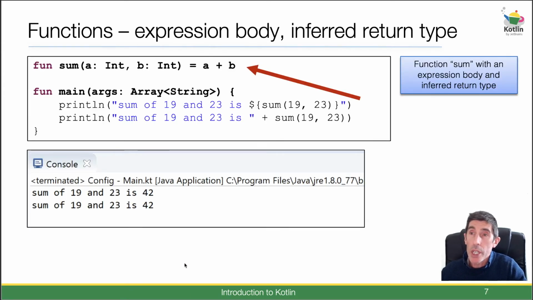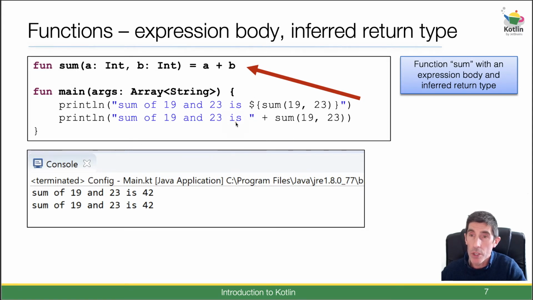What we can also do is use inferred return types, which is kind of cool. So the same example there now. Function sum again takes the 2 parameters, a and b, both integers, but this time we're saying it is assigned a plus b. We've actually gotten rid of the whole body of the function altogether. No curly brackets, no keyword return. We're just saying it is assigned a plus b, so that's an inferred return type. So again, it obviously reduces down the size of the function. How we use it,